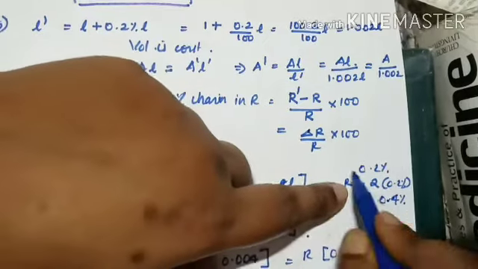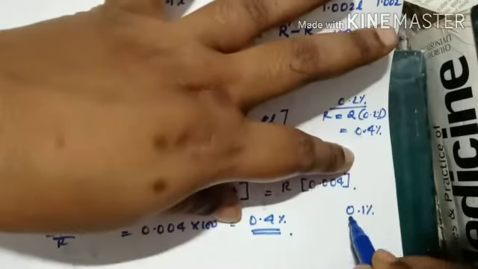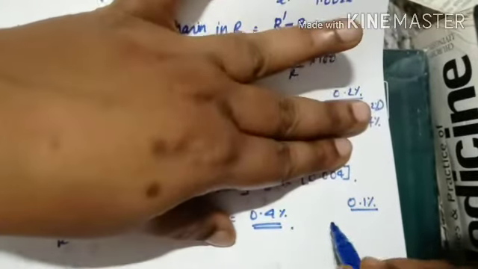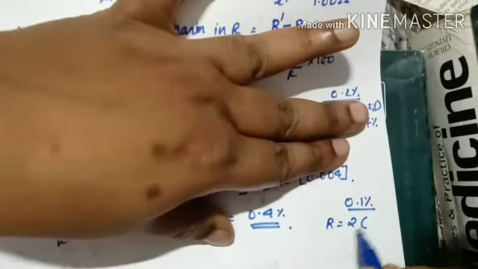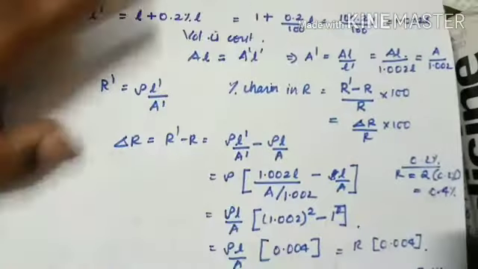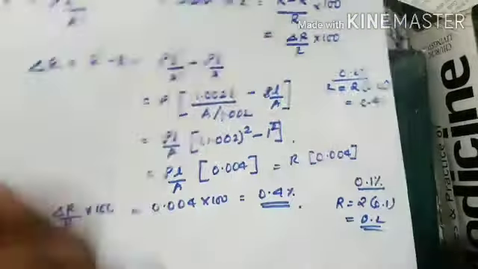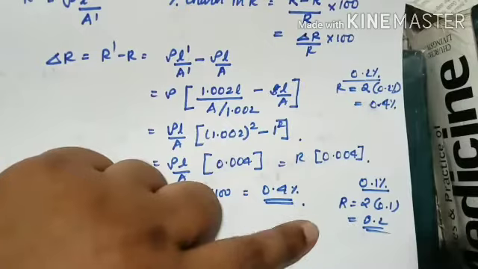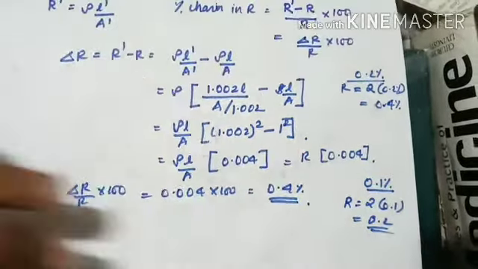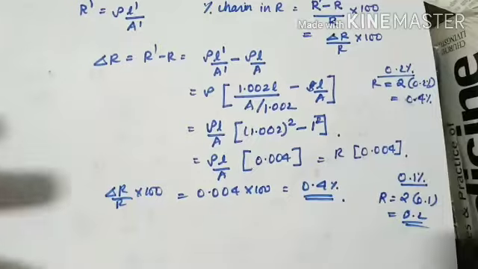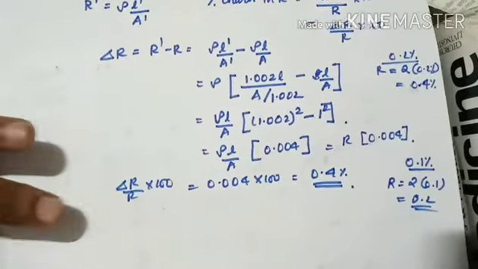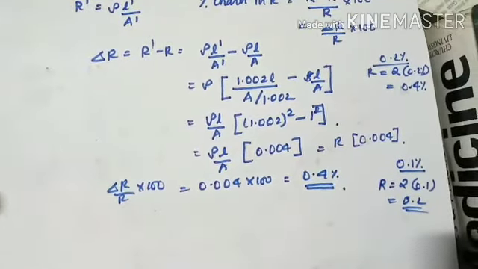Similarly, if you are asked a question where the length has increased by 0.1 percentage, the resistance will increase by twice 0.1 percentage, that is 0.2. You can find the answer like this. This much method I taught you because you have to understand the actual way to do it. This is a trick. Don't do it in your CBSE examination. This is only for NEET, or KEAM or any of your entrance examinations, JEE included. Clear? Now let's move on.